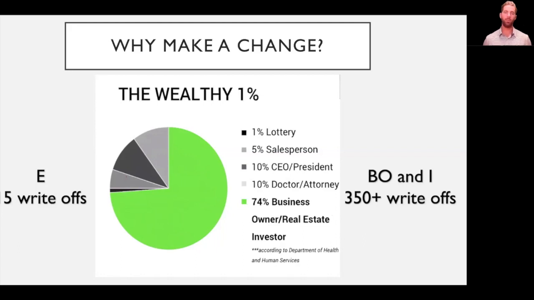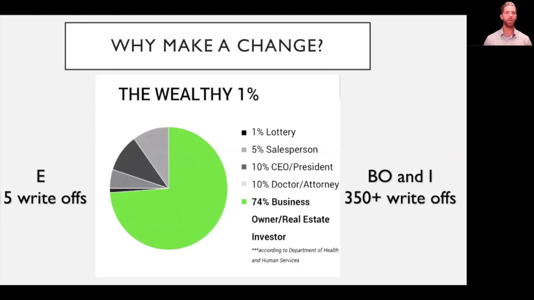Why is this? Some of us might be asking, well, that's not fair. It's the same tax code for every single one of us. It's the same game board. You get to decide which game you want to play. Do you want to play checkers or do you want to play chess? Now, you don't have to be a complete chess master. You might be a checkers player, but you like to play chess as well. And so that's what I'm inviting you to do, is to start learning some concepts that's going to enable you to access more write-offs so that you can save money in tax as you start to position your life to the right side of the quadrant.